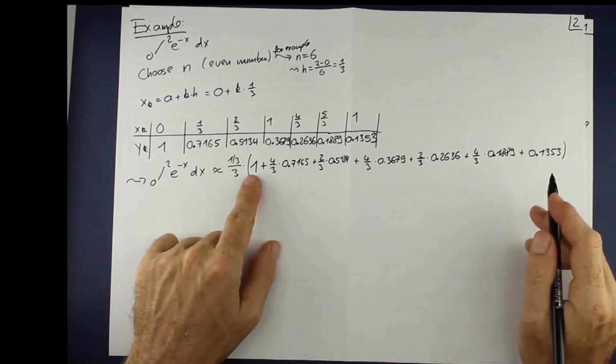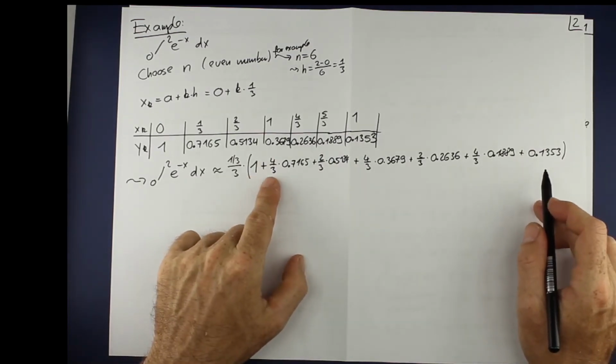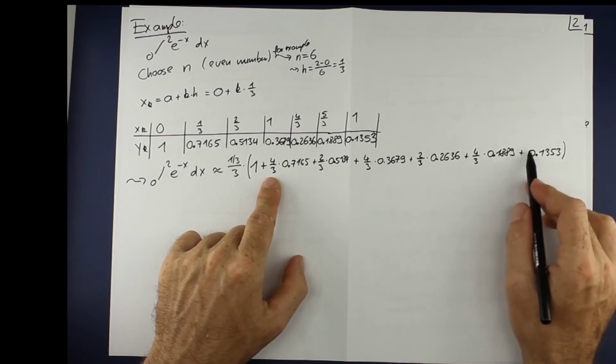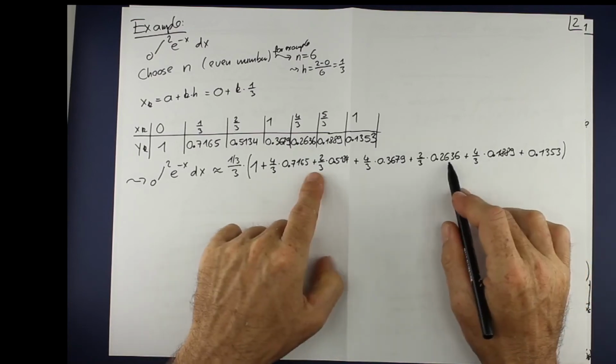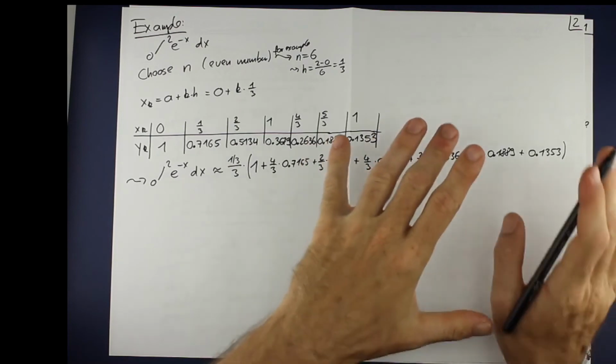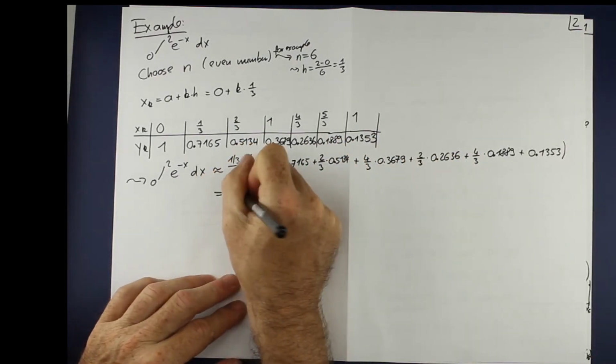So it starts with weight 1, and then 4 divided by 3 is second, and 4 divided by 3 again is the weight before the 1 weight, and then 2 divided by 3 and 4 divided by 3, and so on. Now use electronic help to do that calculation, and you will get